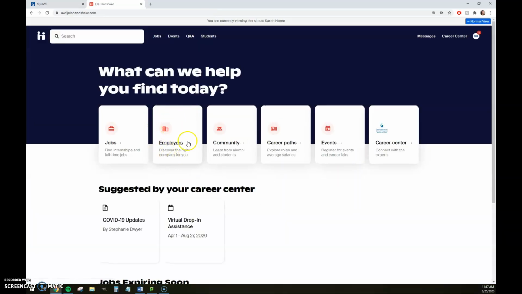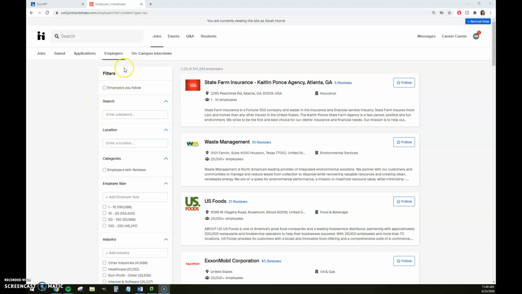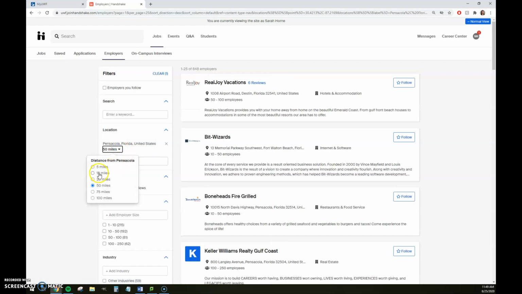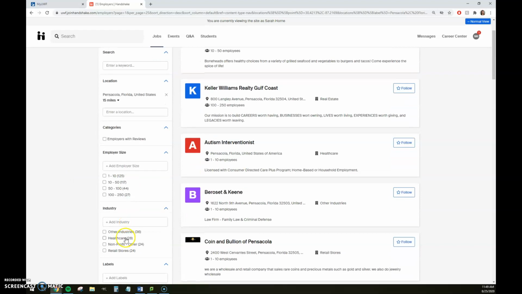Then you'll arrive at the home page of Handshake, then click the Employers button here. Once you've arrived on the Employers section, you can indicate lots of different search parameters for your search. So you can search for a certain location, like Pensacola, for example. And you can also set a certain radius of distance away from Pensacola. You can also search by industry here